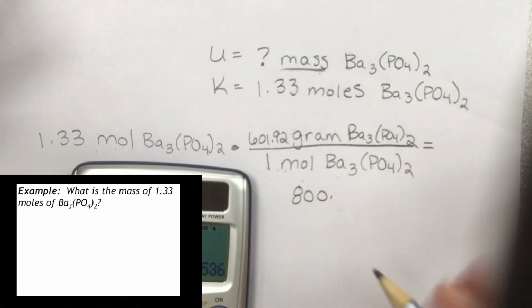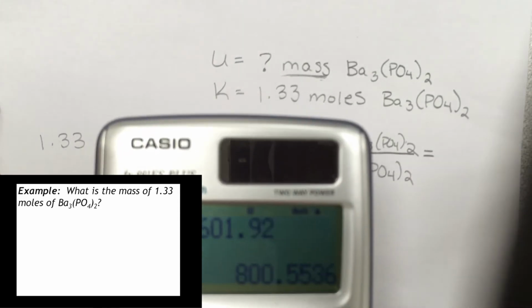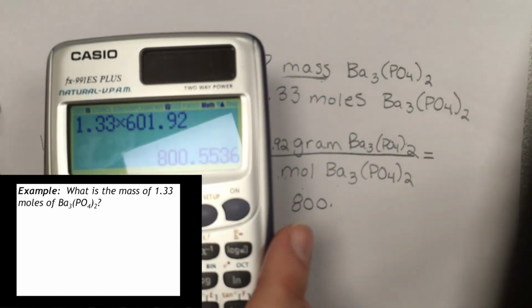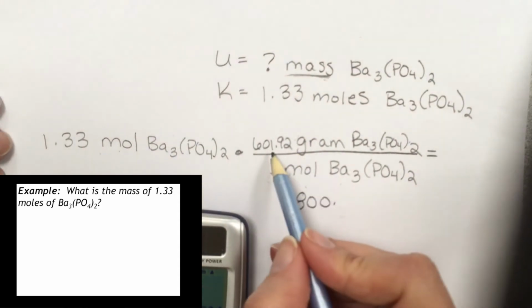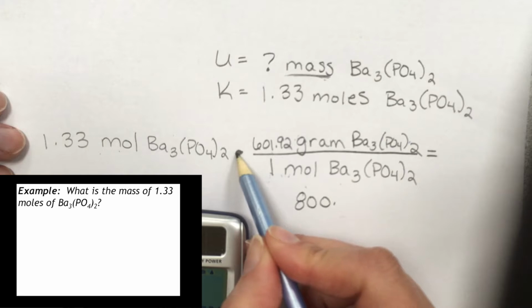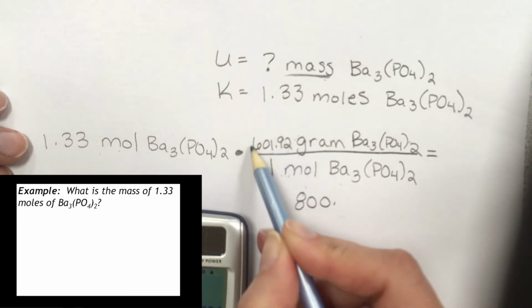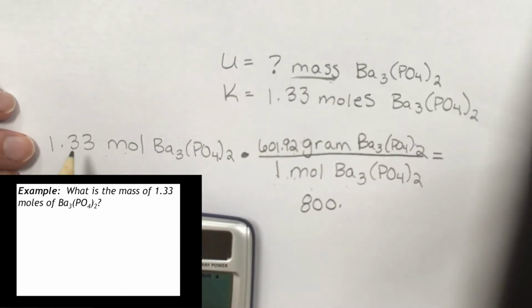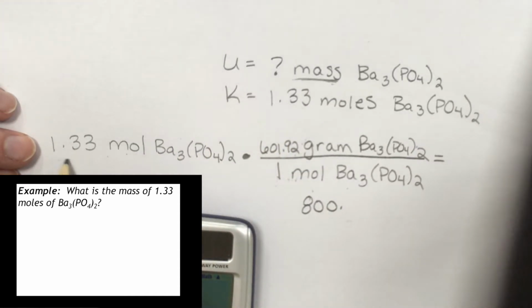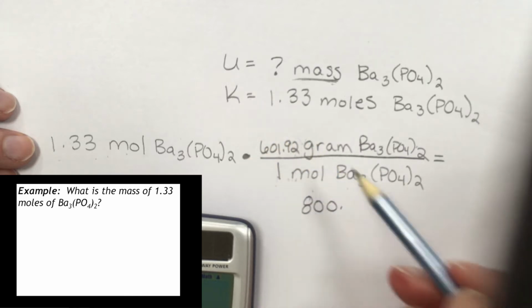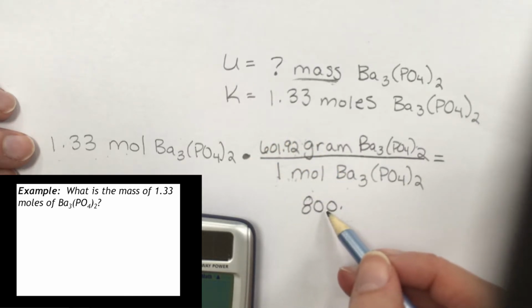And instead of writing the whole thing and then rewriting it, I'm going to look at my significant figures. The calculator says 800.5536. I don't know if you can see that as the answer. So I'm going to look at my significant figures. We're multiplying this time and not adding, so we're not looking at digits past the decimal. We're actually looking at the total number of significant figures. Here, the total number is 3. And here, the total number is 5. So really, we could stop at